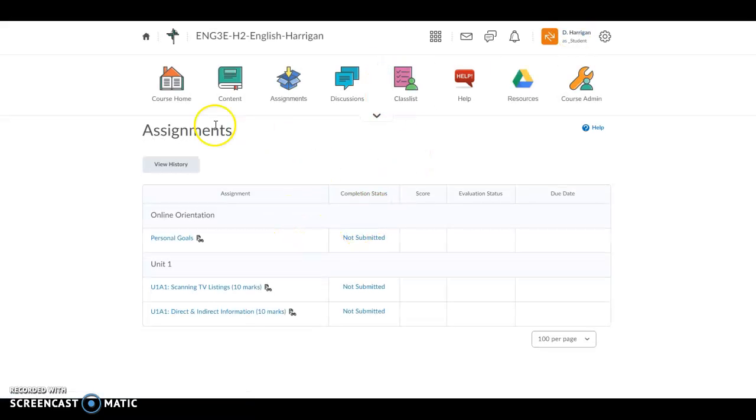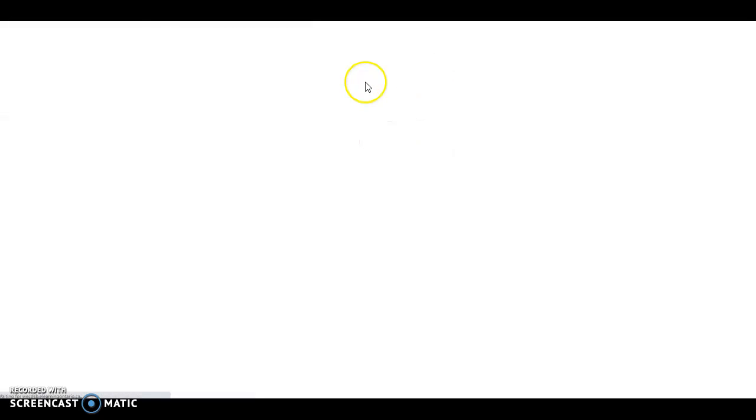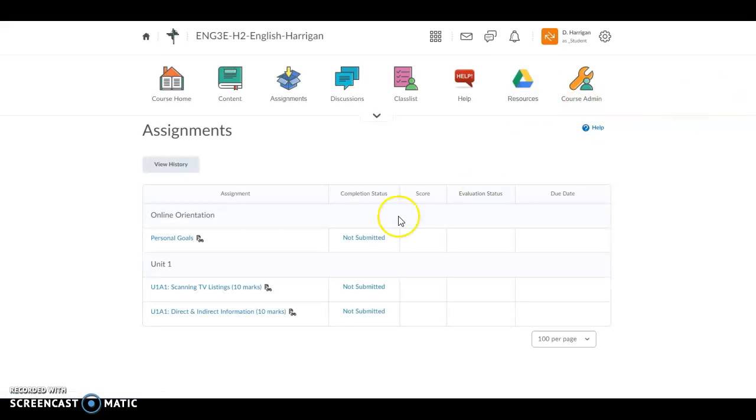Now, by the way, once you submit an assignment, it'll take you to the assignment Dropbox page. So if I click here, assignment twice, this is the assignment Dropbox page. When you've submitted the assignments, it'll say 1, 1, 1. And when I give feedback, it'll say view feedback, and you can click here and view the feedback. So if you click up here on assignment, you can see the Dropboxes and see what you've submitted and what I have responded to.